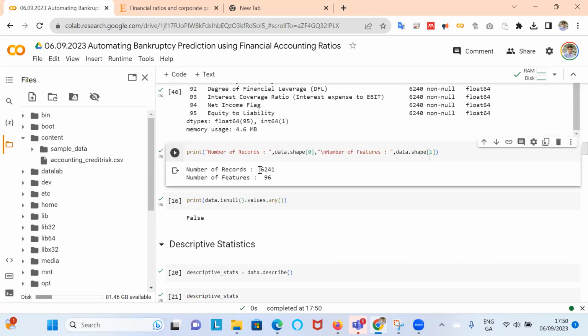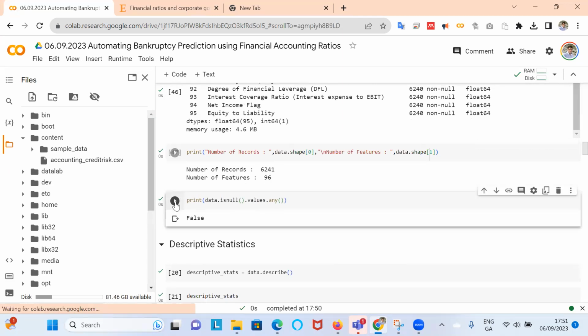Number of records, number of zeros, 6,241, 96. And is there any missing data? No. Oh, there is. Okay, so we haven't fully loaded up our data. Let's just see.